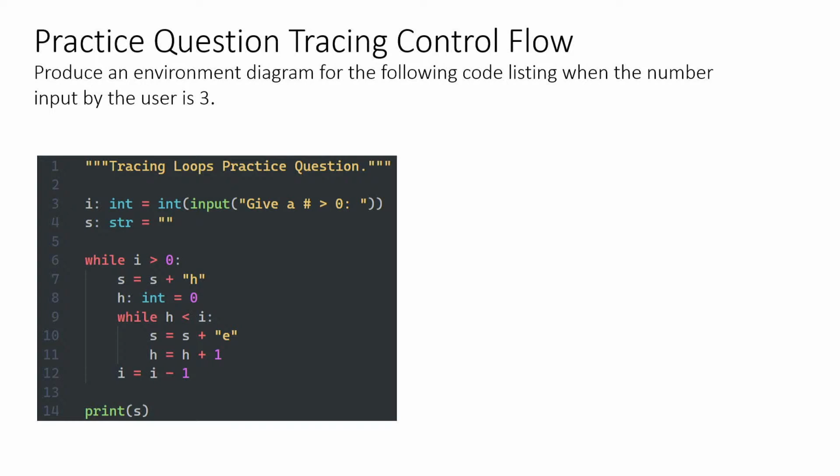Once you think you've got it, or if you get stuck, talk to your neighbor about it. If you have questions, ask us about it. I do want to point out one important thing, which is notice that this while loop's repeat block is all of these statements. And the nested while loop has 2 statements inside of it, right? So be careful of that and trace through this as you expect it to work. And we'll come back and talk about it in a few minutes.